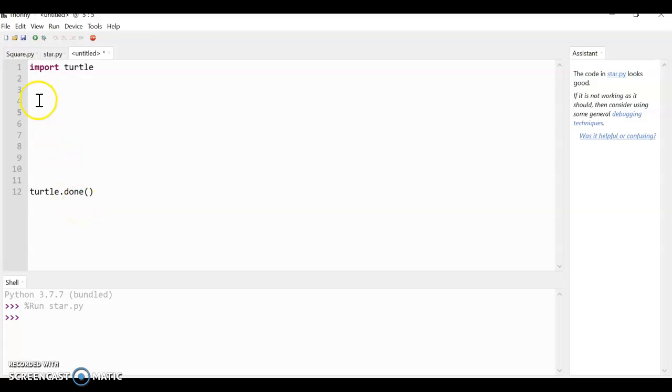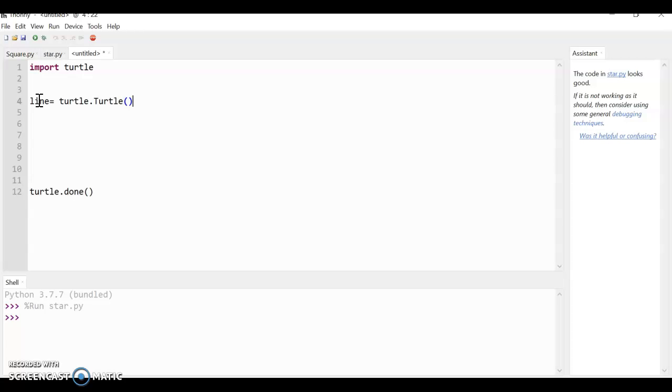For example, if I want to write code to draw a line, first of all we have to create a variable, for example line equal to turtle dot turtle.